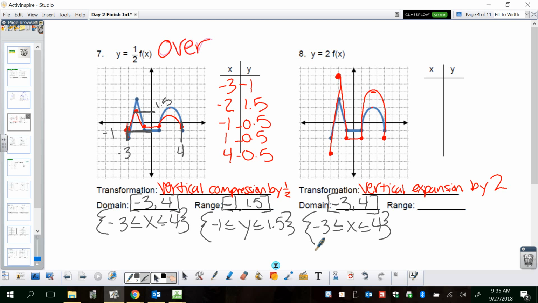Yeah, the height definitely changed. Okay, so what does it go down to now? What's my lowest point at? 1, 2, 3, down negative 4, and it goes up to positive 6. So negative 4 to 6. And then our points, negative 3, negative 4, negative 4,